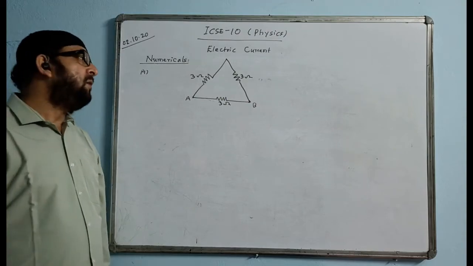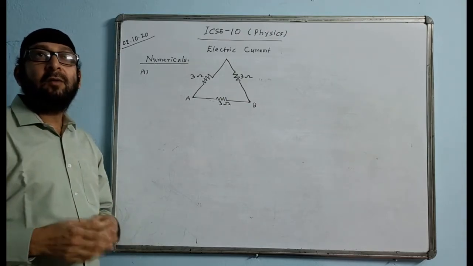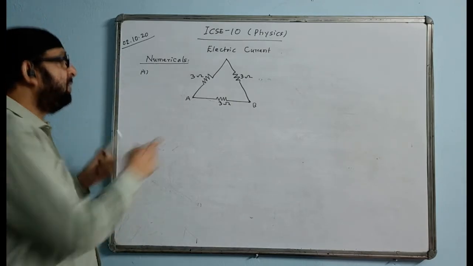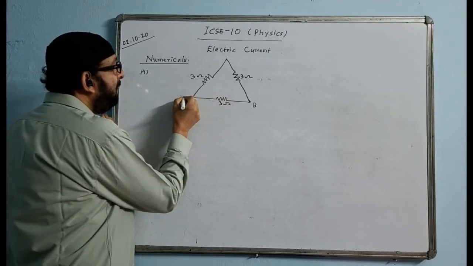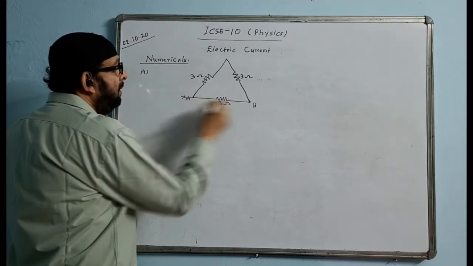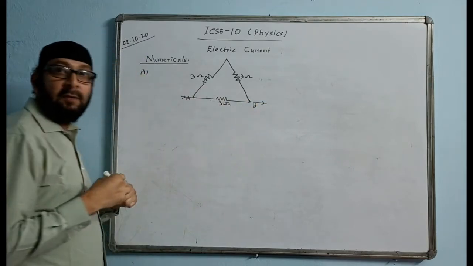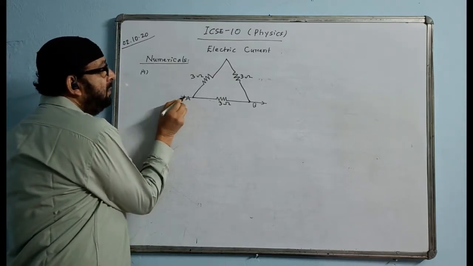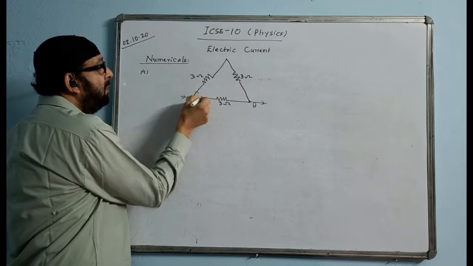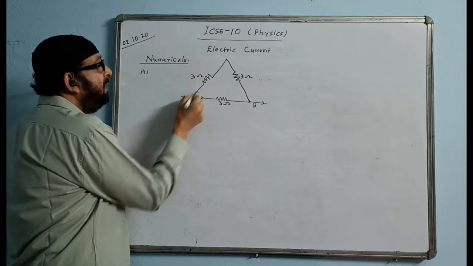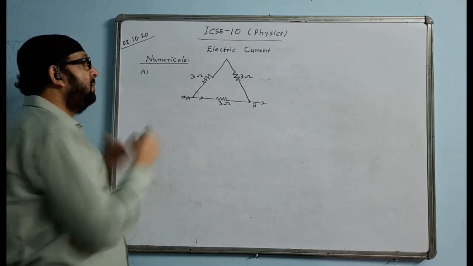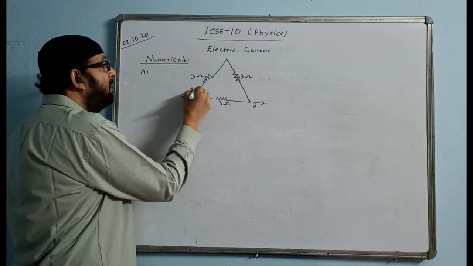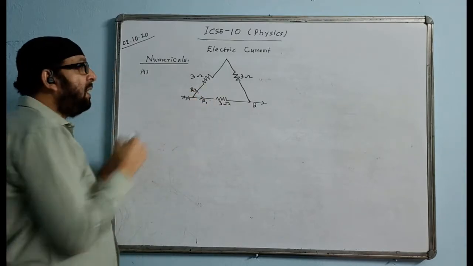So how to find it? We'll check whether they are in series or in parallel, or some of them are in series and some of them are in parallel. So we've got to check them. How to check between the points A and B? From point A the current will enter, and the current will leave through B. When the current is entering through A, is it dividing? The answer is yes. There are two parts, one part here, one part here. The current coming here gets divided into two parts. So that means these two are in parallel. So I will mark any one as R1 and any one as R2. We'll see R1.